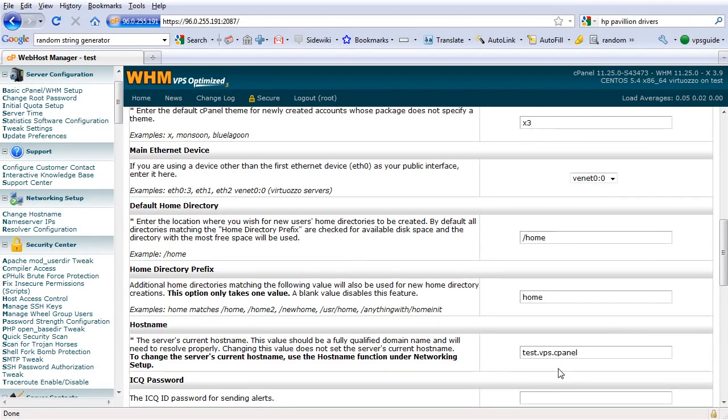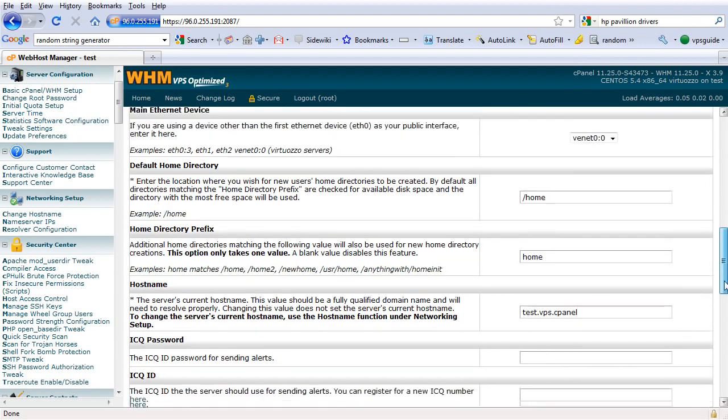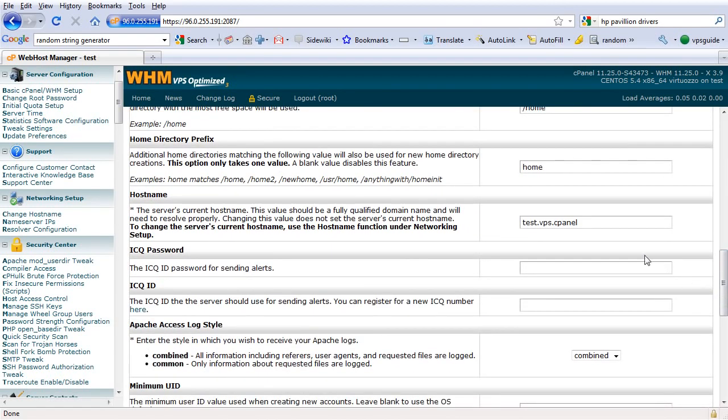So we're going to leave the main Ethernet device as it is. Default home directory, leave it as it is. Home directory prefix, leave it as it is. Now we have to change the host name. So here you need to enter your host name for the server. It's up to you. For example, you can use